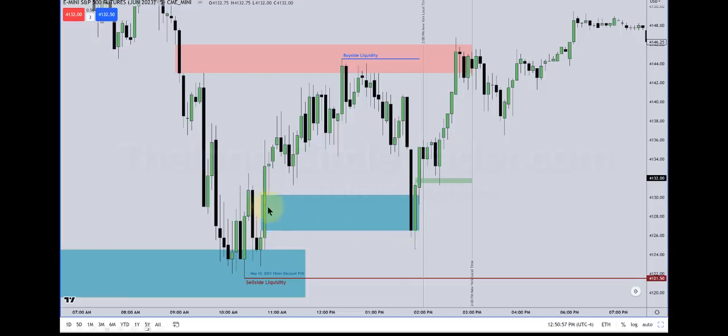So it's telling you it's respecting this buy side imbalance, sell side inefficiency, or fair value gap. Going into 2 o'clock, we rallied and created a small little fair value gap there. The market drops down into that before taking out the relative equal highs buy side liquidity and/or returning back to a premium sell side imbalance, buy side inefficiency, or fair value gap that would be above the market here